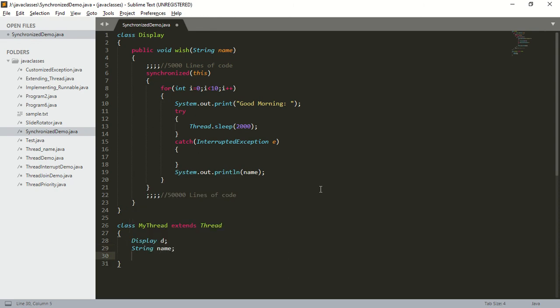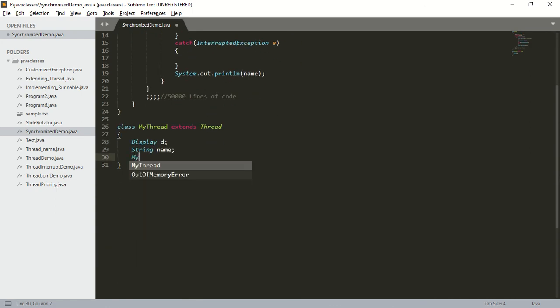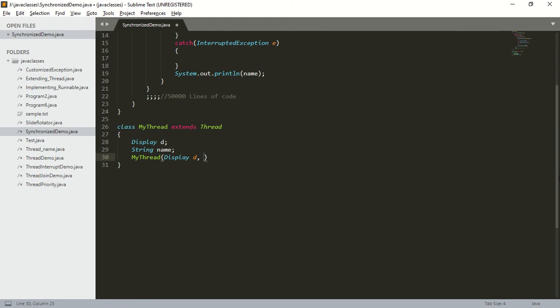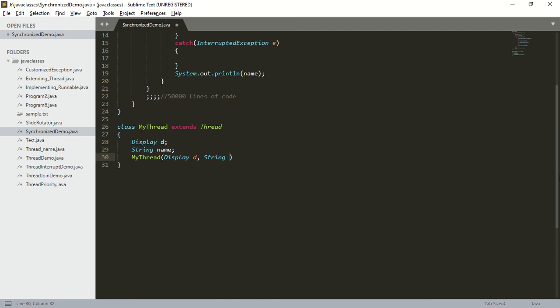Next, I will create a constructor of myThread class. How to create a constructor? myThread of. Next, what all should I pass? I should pass Display D comma String name.